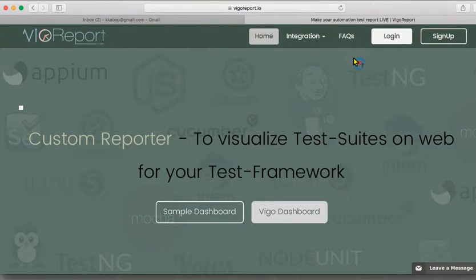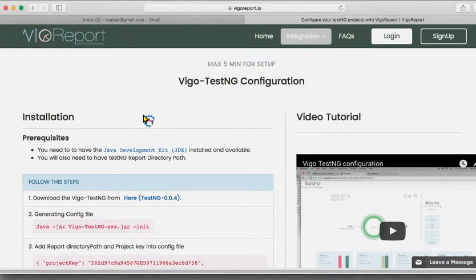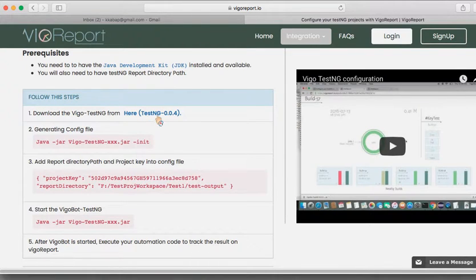Once you go here, you can find the integration tab. If you go here, you can see TestNG, Cucumber, JVM. If you go to TestNG, here you can find how to do the configuration. You can download the jar file from here. If you just click here, it will download the Vigo report jar file. Then generate the configuration file, go to the configuration file and fill up these values,